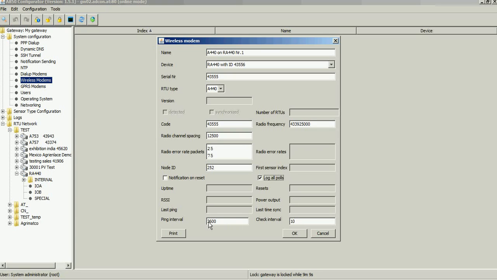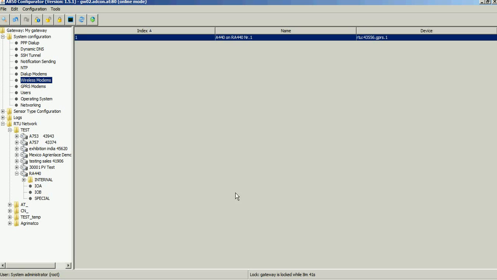The ping interval with 3600 seconds is okay. Change the check interval to 300 or 450 seconds. That depends on the normal slot rate of your RTUs, which are collected through the A440. So if you're working on a standard slot of 900, you choose 450 seconds. You click OK. Right mouse click on the entry, connect sensor,